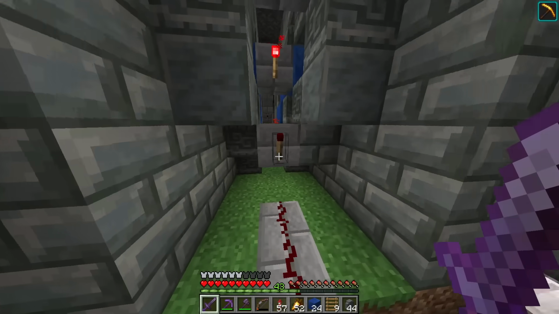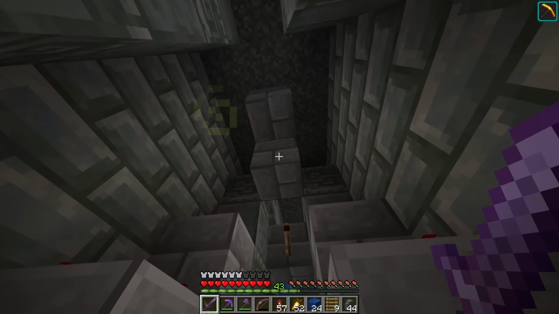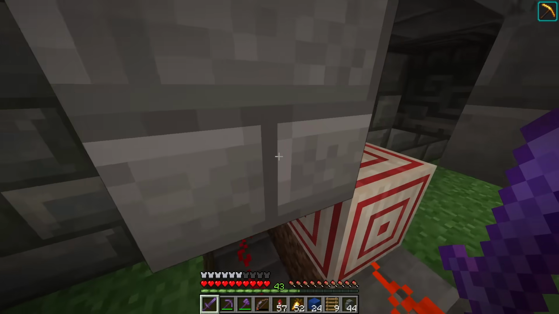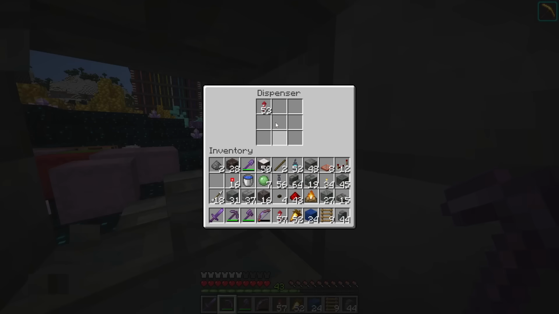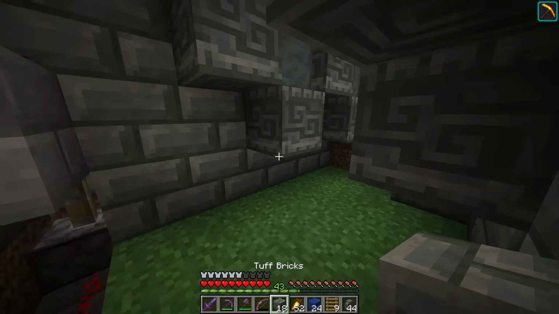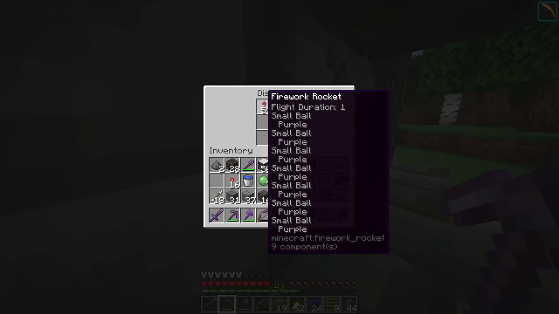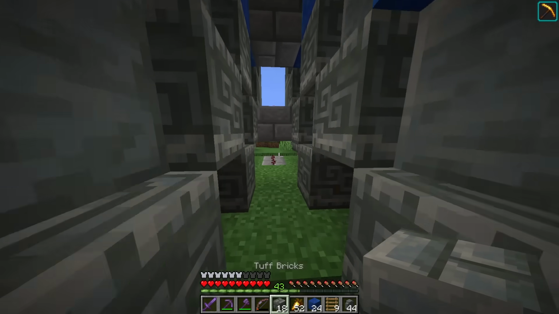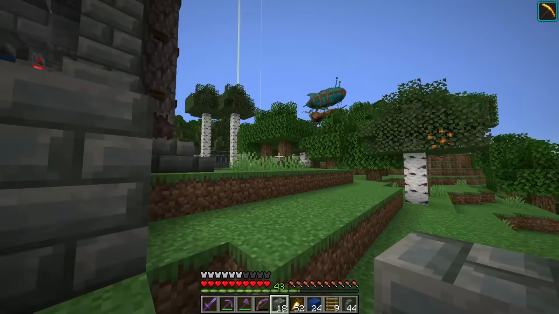We get in here. Down this way. Yeah, we have a signal coming from above here that then comes down, drops this piston down, which drops the block in front of this dispenser, and then the dispenser fires out, making it a totally hidden little mechanism here. And the same thing on the other side, except with a different color of firework. So that's pretty interesting. You'll also see additional redstone here. This basically...